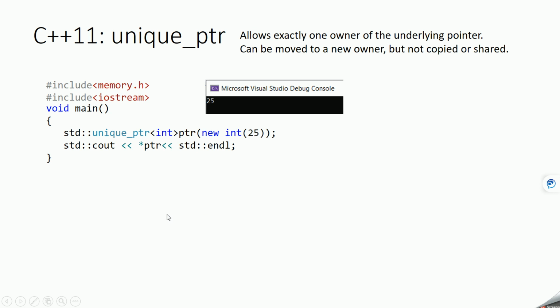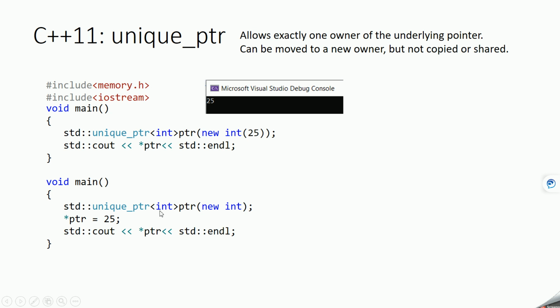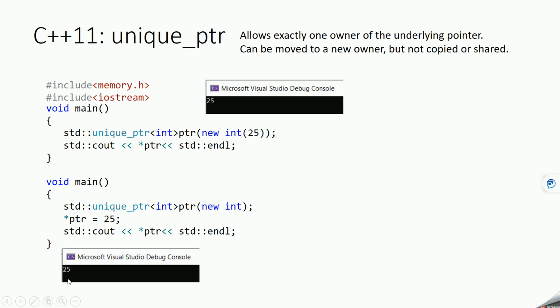There are some other ways you can initialize the value of a smart pointer. In this case, we are first creating the memory and then by dereferencing, we are assigning the value at the memory which is pointed by this ptr. So in this case, 25 will also be the same as this. Since it is a smart pointer, no need to delete it explicitly, it will get automatically deleted when this main function scope ends.